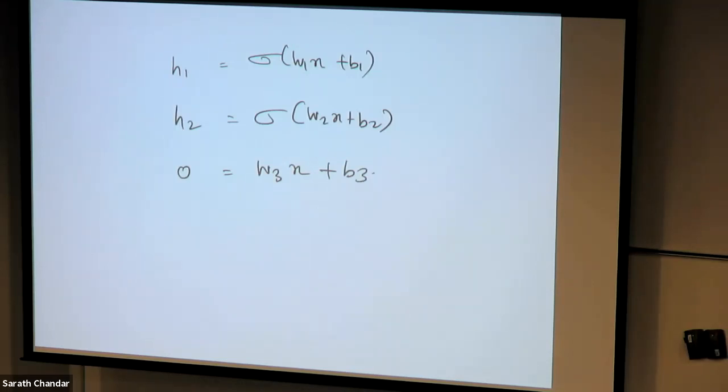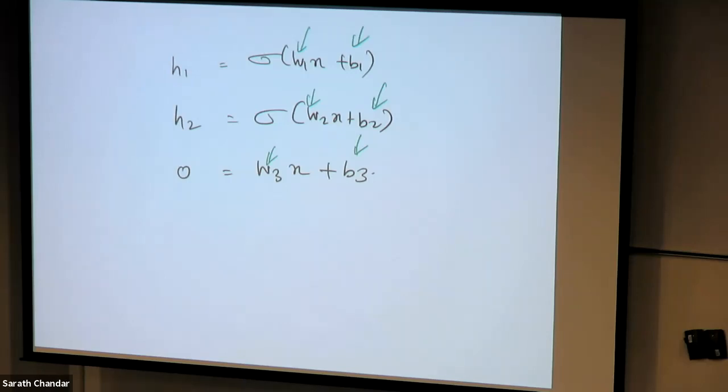Okay. Now, how do I find these parameters? The good thing is we have already seen the basic tool, which is the idea of gradient descent, right? So I can compute gradient with respect to these parameters and then go in the opposite direction. So the idea here is we are going to find those W1, B1, W2, B2, W3, B3 that gives me the least possible VE bar, the value prediction error.